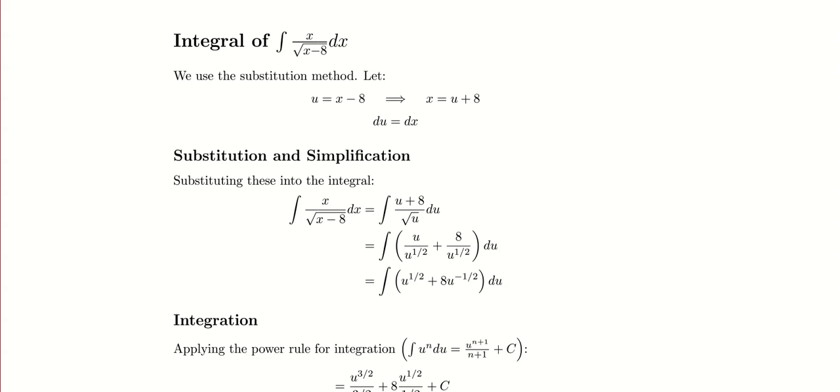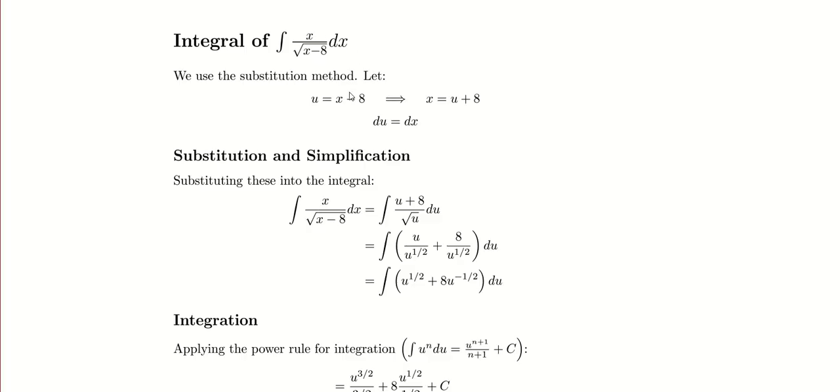In this video, we want to find the integral of x all over the square root of x minus 8 dx. We're going to solve this using a substitution method, and we're going to let u equal x minus 8. So that means that du is dx. And if I was to substitute the top, so if I want to rewrite x on the top in terms